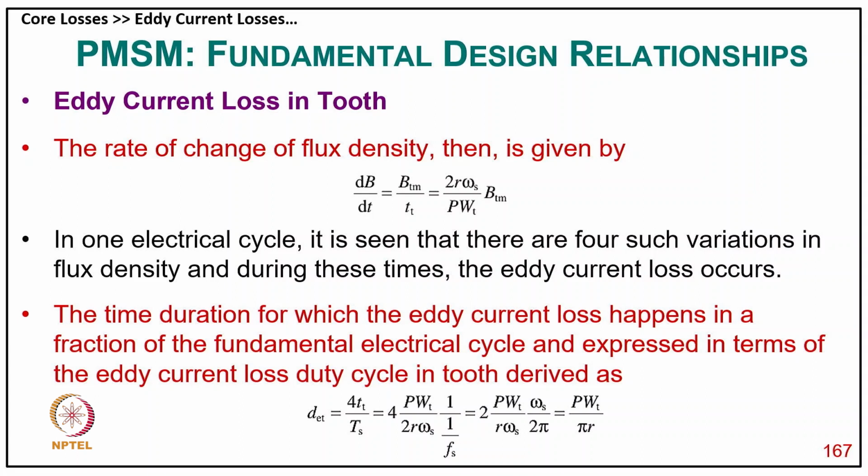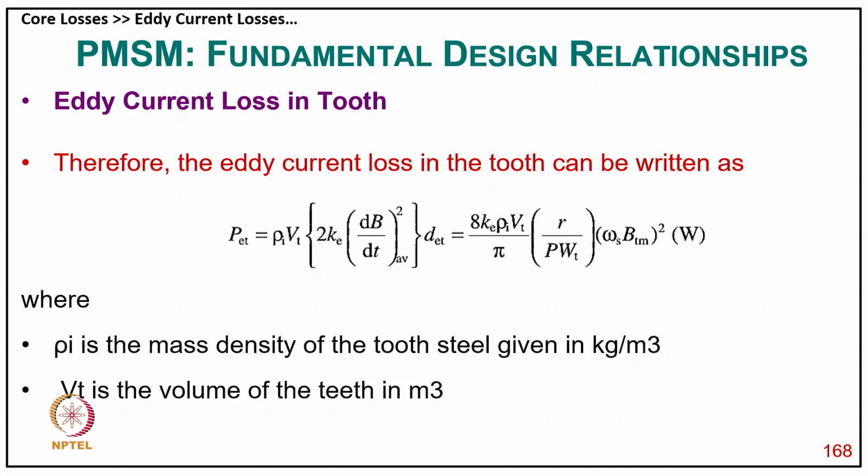In one electrical cycle, it is seen that there are 4 such variations in the flux density, and during that time eddy current loss occurs. The time duration for which the eddy current loss happens, as a fraction of the fundamental electrical cycle, is expressed in terms of the eddy current loss duty cycle, derived as d equal to 4 Tt upon Ts, equal to 4 p Wt upon 2 r omega s into 1 upon fs, equal to p Wt upon pi r,